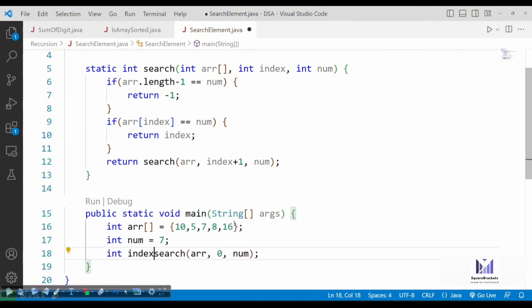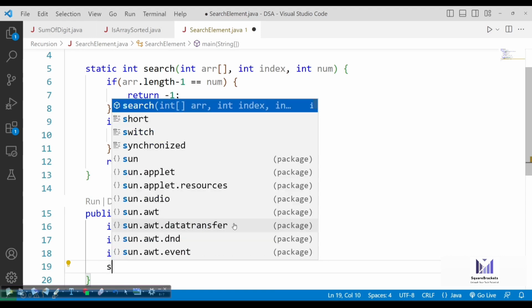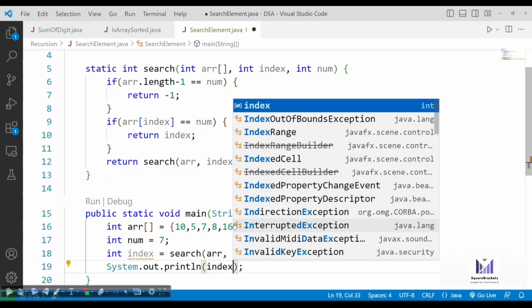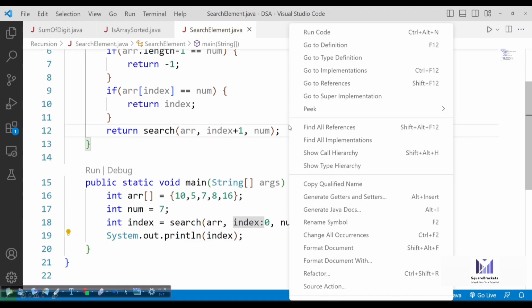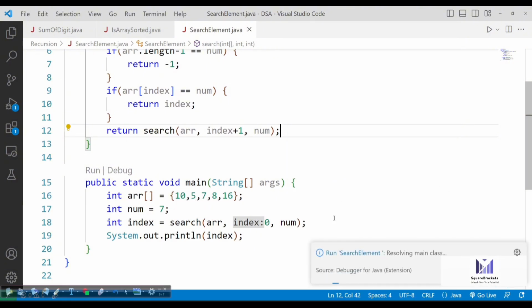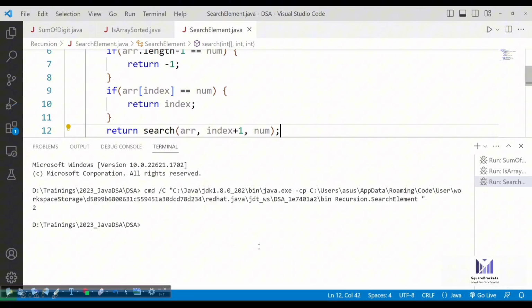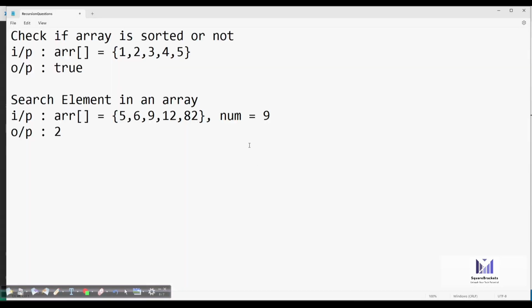In return, I'll get the index. Either it is going to be -1 or the index on which your element is present. So we are getting 2. It means on the second index we have the element. I hope that is clear about this question, search element in an array.